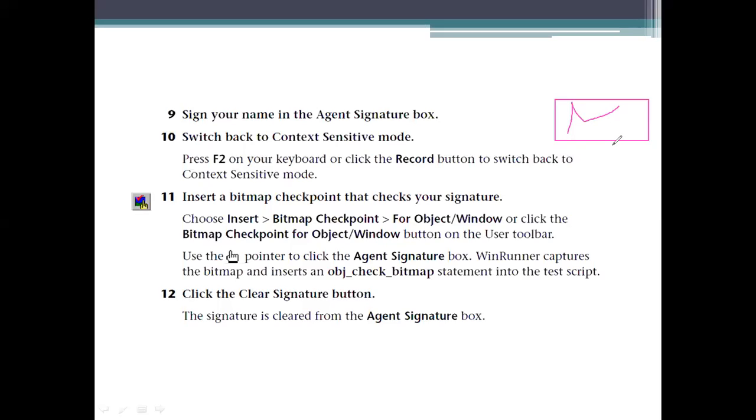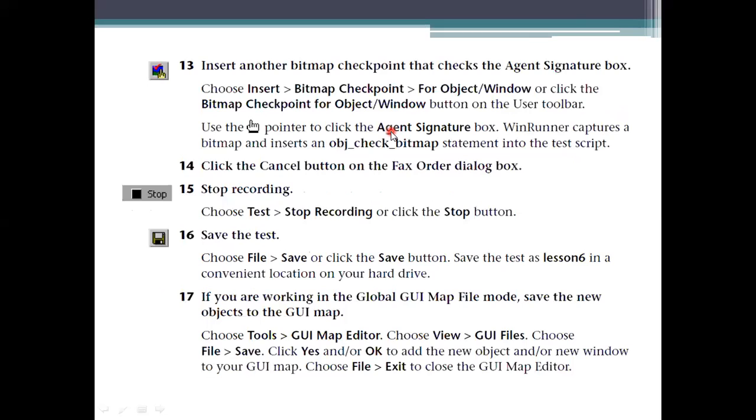Why we need to clear the signature button here is because it has been recording and we can't place each and everything on that one. So clear the signature box, and also we have to stop the recording. Later we need to take care of this created one and the already existing one. Here we need to start the processing. We need to make this one a bitmap, which means this recorded one is chosen for the correct one or the failed one.